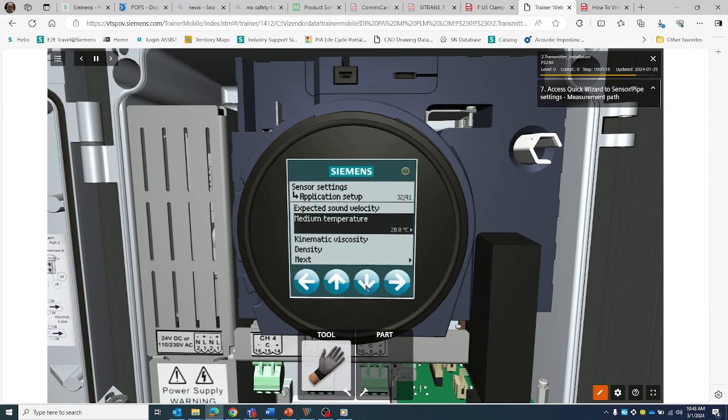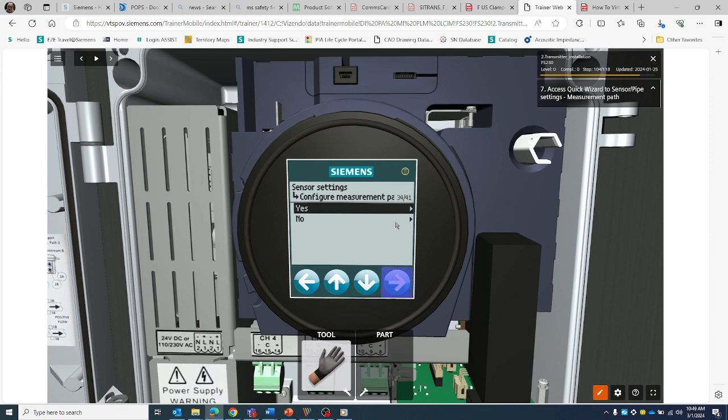But now I'm hitting the down arrow. And the actual medium temperature, you could enter it here. And if this was a different type of liquid, generally you might change the viscosity as well, and the density, but we'll just leave it alone here for water. Next,